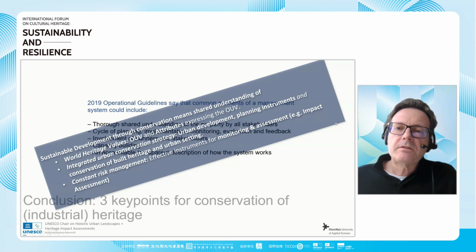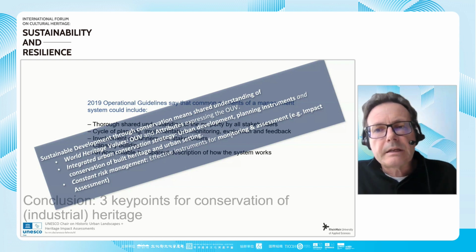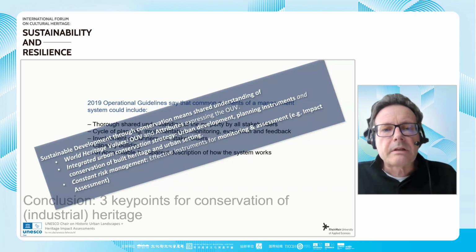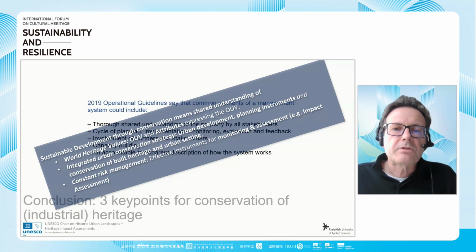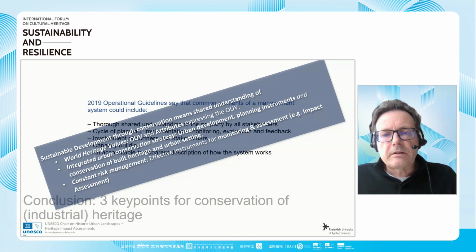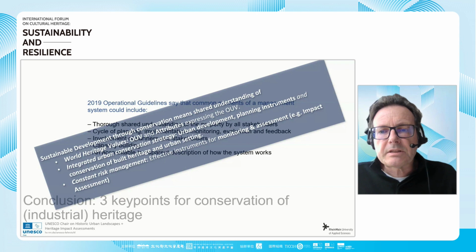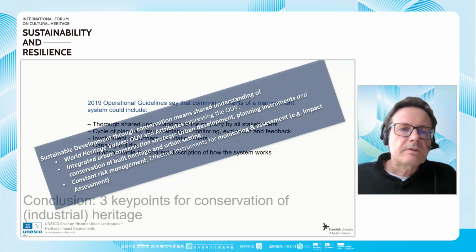And also we have to have constant risk management. So we need to have effective instruments to monitor and assess risks. And impact assessments are just one example for that. But in my opinion, they are helpful in order to identify risks and also maybe to manage and monitor them. We also started at our UNESCO chair now a program to use heritage impact assessment to assess risk management, and we hope that in the future we can also use this tool in this field.